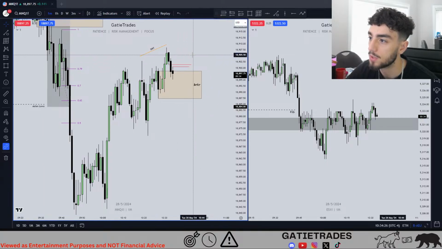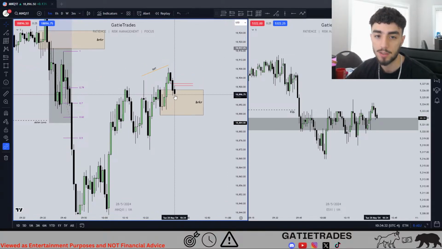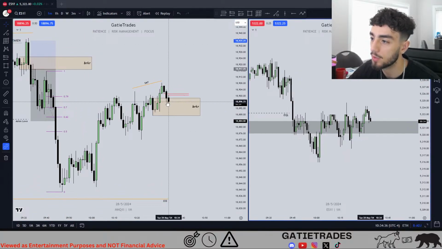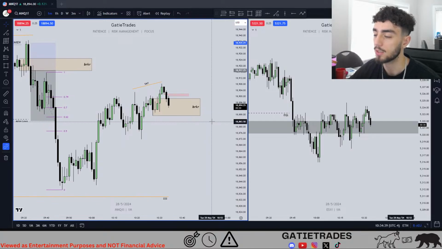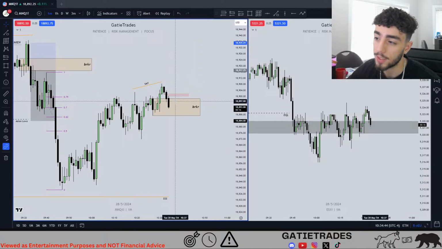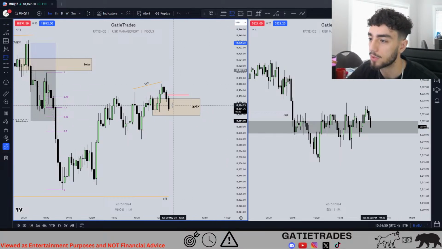So let's see if it forms as a breakaway gap. I'll explain what a breakaway gap is if you don't know. See this candle forming right now, this very second? If it closes below the previous candle low, that's the definition of a breakaway gap. Likely. It can still trade up into there and respect it, but it's the least likely to. And it looks like our setup's gonna form here.